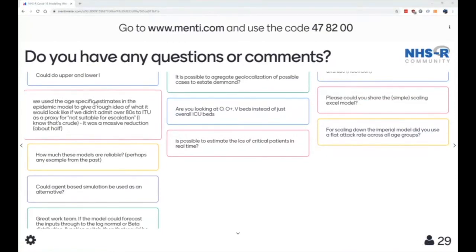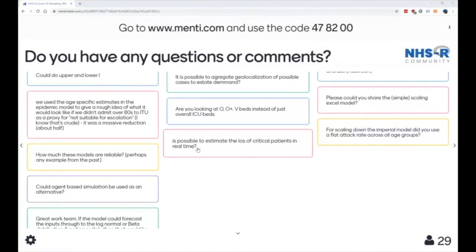Great, thanks. So this next one is a comment. We use the age-specific estimates in the epidemic model to give a rough idea of what it would look like if we didn't admit over 80s to ITU as a proxy for not suitable for escalation. I know that's crude. It was a massive reduction, about half. So yeah,